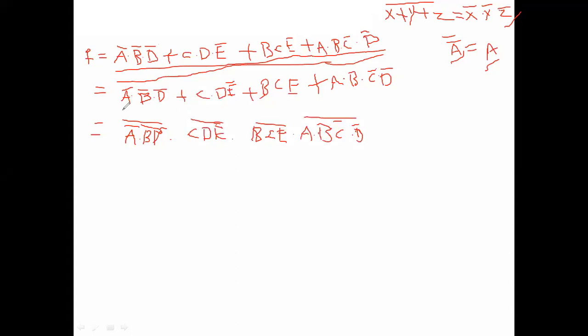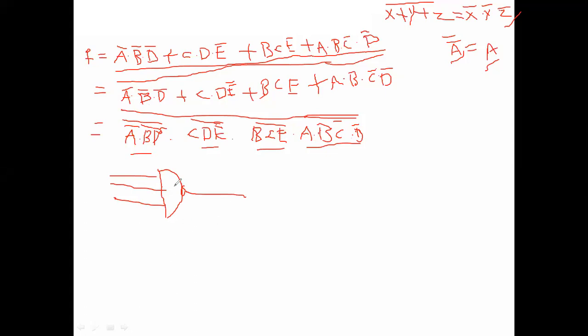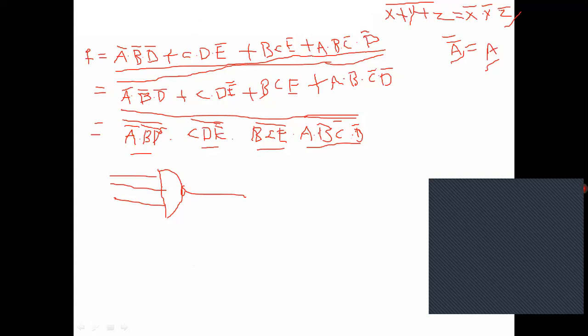So for this, totally complement. So now we are taking for each term. For this term, one NAND gate. For this term, one NAND gate. For this term, one NAND gate. For this term, another NAND gate. So first draw A bar dot B bar dot D bar whole bar. So like this, we are having 4 NAND gates here. So I think space is not sufficient here. So draw.